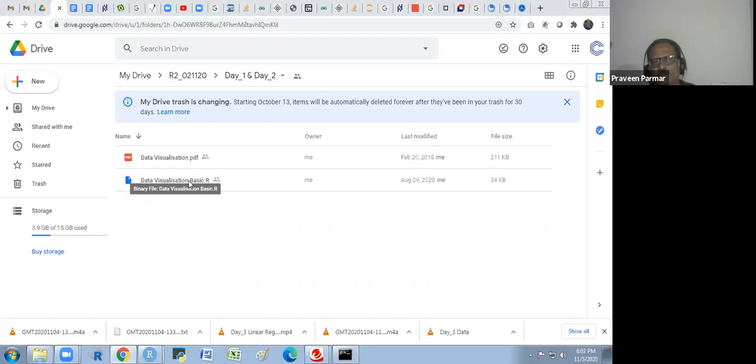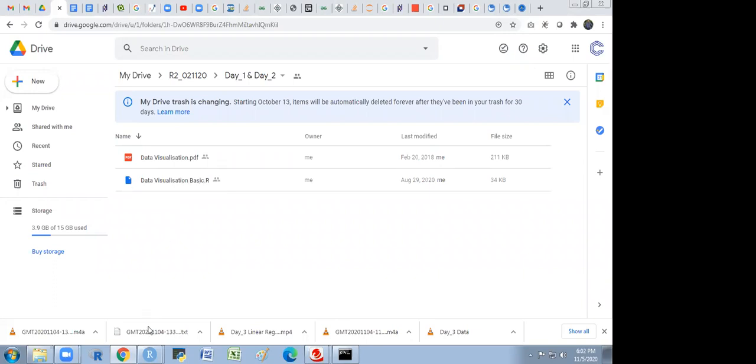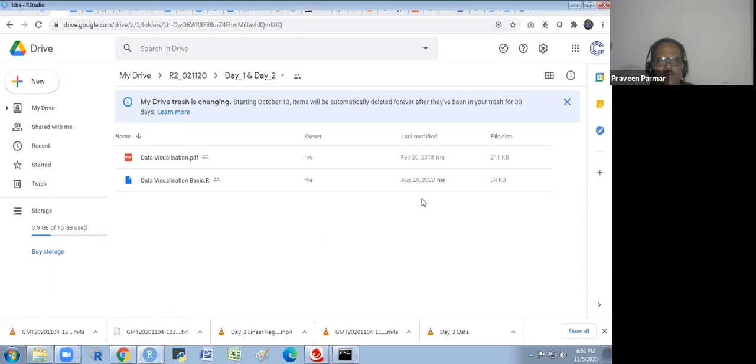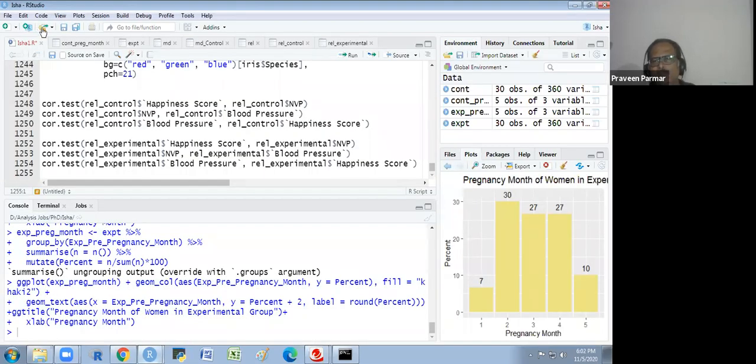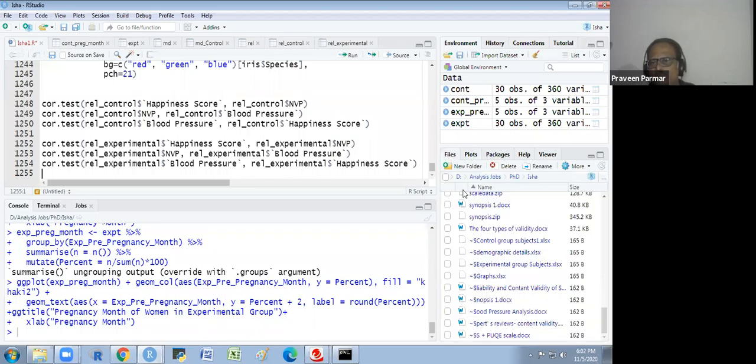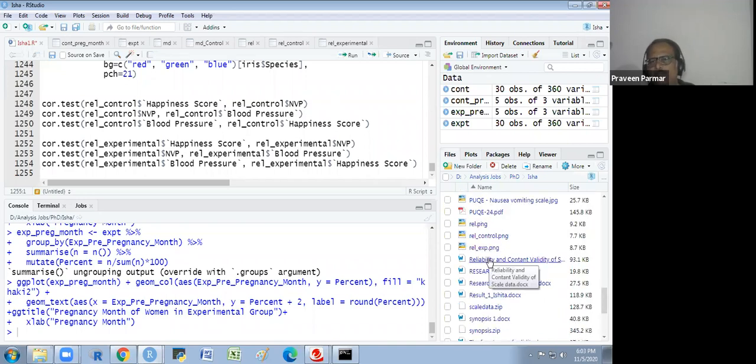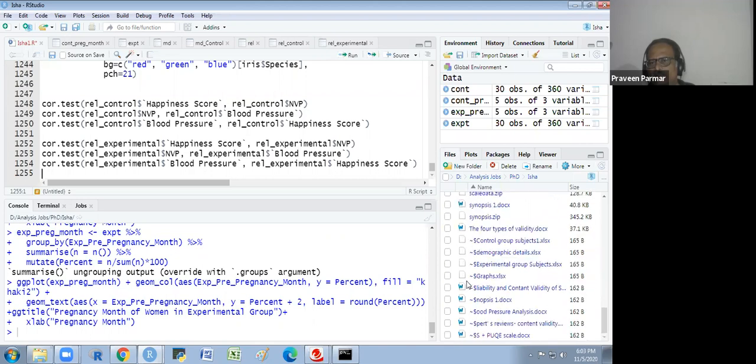This is the R script. This is the PDF, so it will be open only in the R script. How you open it, I will explain to you. Don't worry. Whenever you have to open the script, you create a project as I explained earlier in the first session, if you have attended my R1. There you could put all the scripts in that folder as I have kept here. I have changed the project, the client name, and then I put all the scripts here. So if I click here, I will get here.